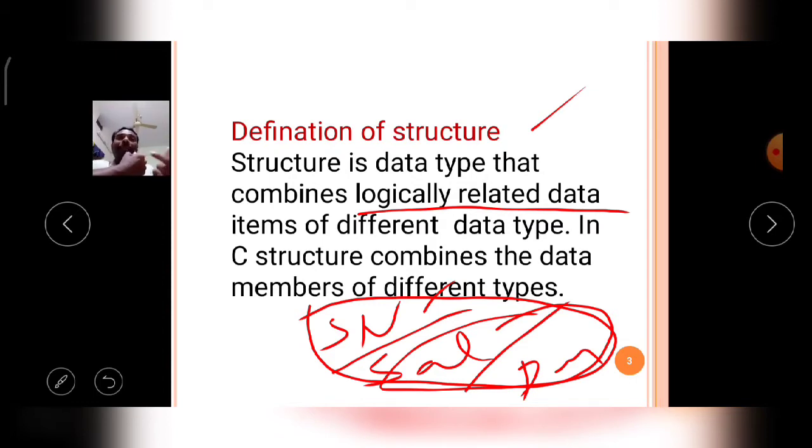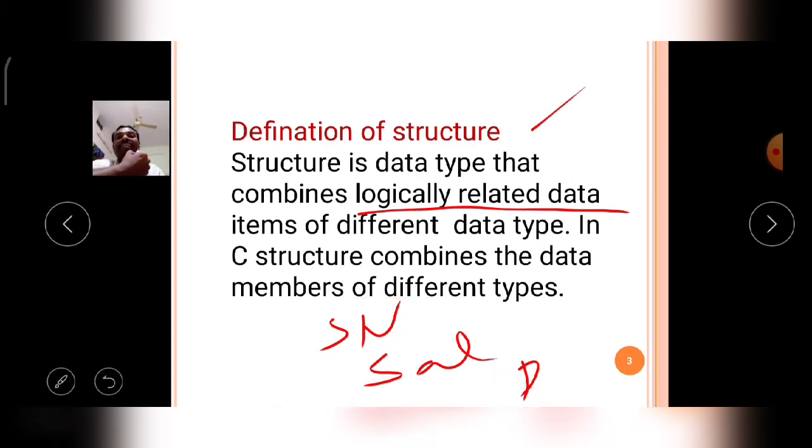So the clubbing of student name, salary and designation is not logically related data. That means it is not conceptually, meaningfully related data.